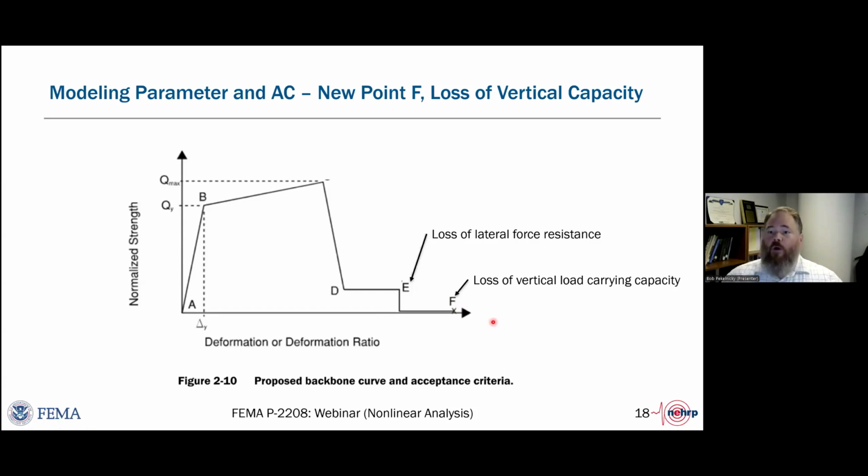And the purpose of point F is the recognition that in many component actions, there is a difference between the damage state where the component loses the ability to resist lateral forces, but it still has enough integrity to support the gravity loads tributary to that component. And so it could be pushed further before it truly fails.